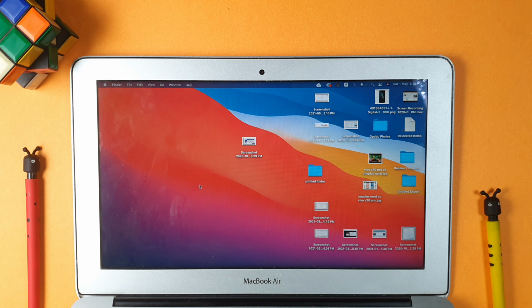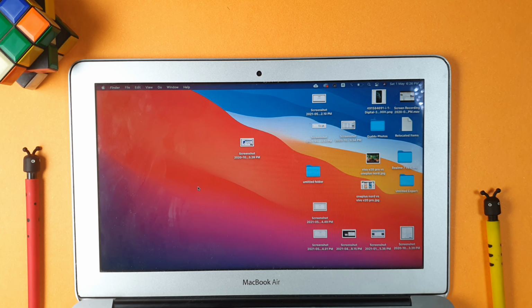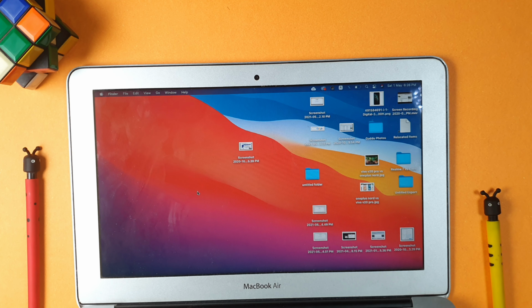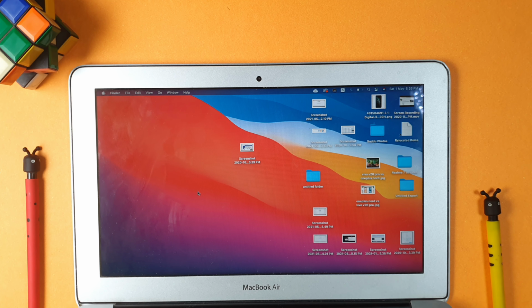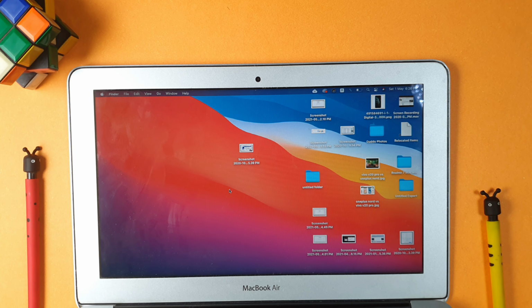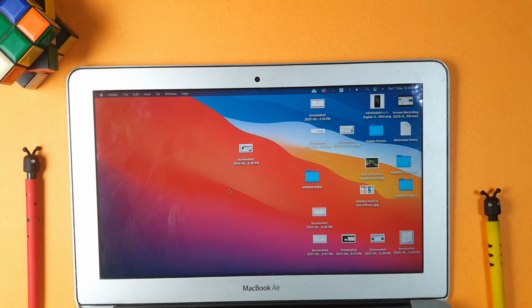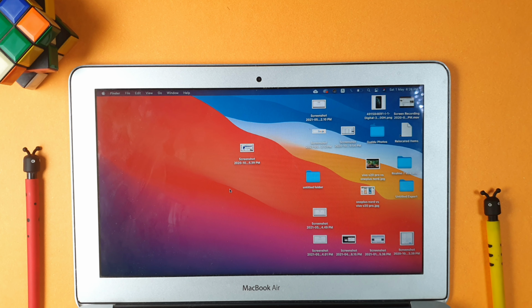Let's get started. To do the screen recording, we have multiple ways. The very first one is to do a screen recording with audio, and another one is without audio. Also, we have an option to select a particular application for which we want to record the screen. So the first step is to tell you how you can record your screen in a simple way.